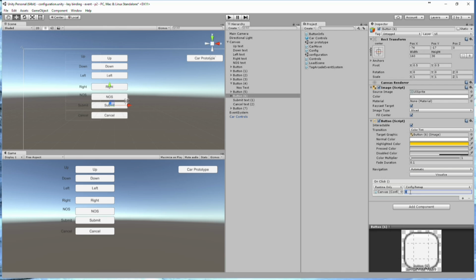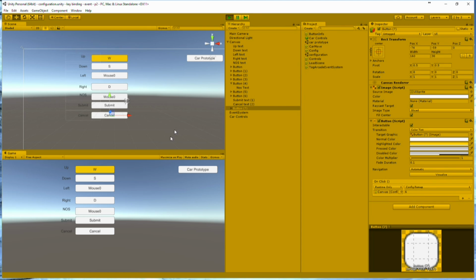In this case, instead of remapping my 4th button, I need to remap my 5th button and remap my 6th button. File, save. Let's try this again. So we go up, down, left, right,